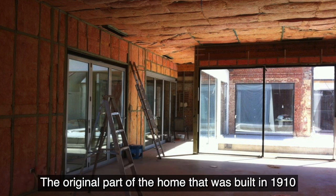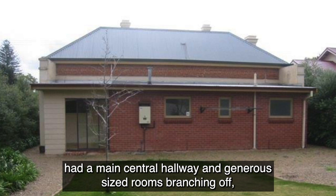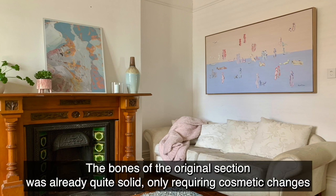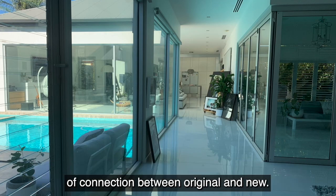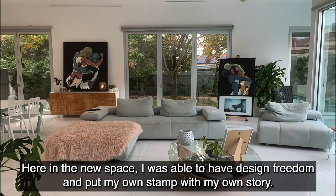The original part of the home, that was built in 1910, had a main central hallway and generous sized rooms branching off. With each room having traditional fireplaces and large sash windows, the bones of the original section were already quite solid, only requiring cosmetic changes. Creating a new canvas for a new story, though, meant demolishing the 80s lean-to, paving a passage of connection between original and new. Here in the new space, I was able to have design freedom and put my own stamp